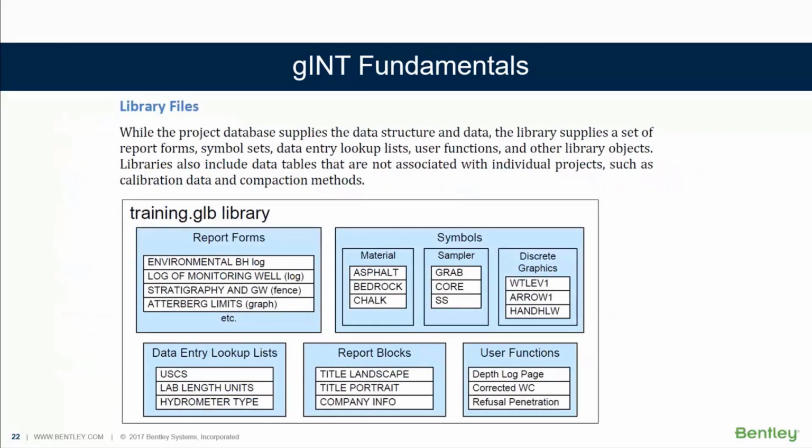Okay, now the library files. The library files are basically files that contain several user specific libraries and data tables. All the report forms, like geotechnical borehole or environmental borehole or general well monitoring forms, all the report forms that generate the output are stored in the library file, that is inside of the glb file. And all sorts of